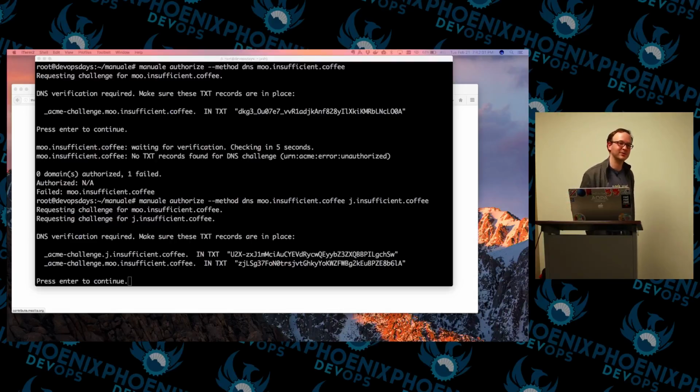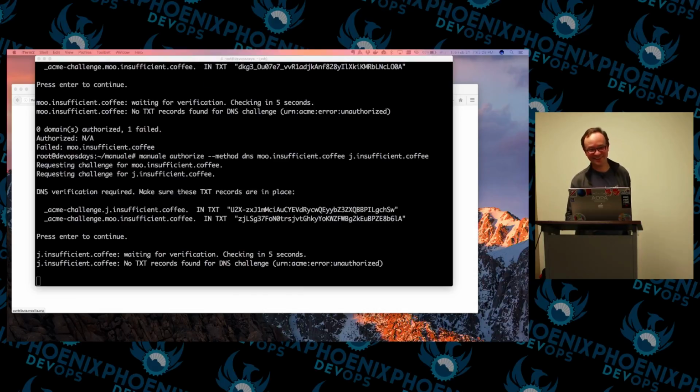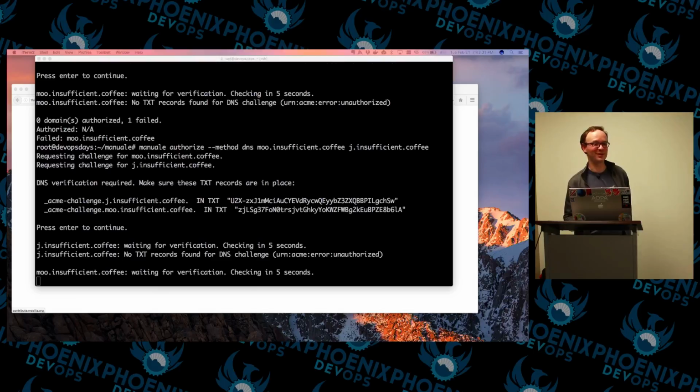There's a bash one, and there's Acme Tiny, written in Python. It's extremely small. It's auditable, as they say. I think it's like 300 lines, which is very similar. It makes you do all the steps independently. Manuel is just a little nicer because Acme Tiny doesn't give you any help. Manuel does. And the third that I want to show you is Caddy. You saw the video, but it's a lot of fun to play with too.